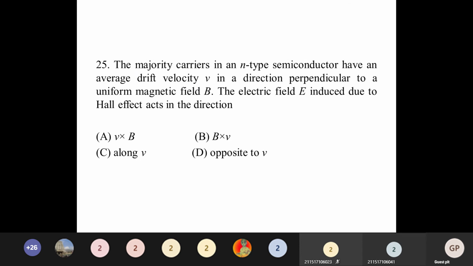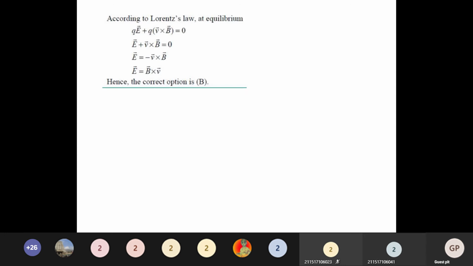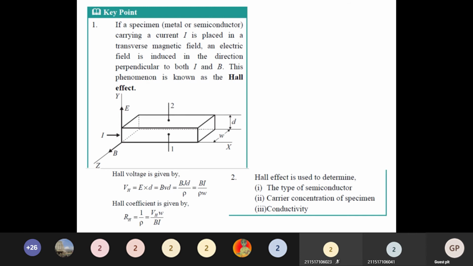And this one is a standard formula, relating the electric field with the magnetic field B vector and the applied voltage V. Another concept is that sometimes, based on the Hall effect, relations like this they may also ask. This is a general Hall effect concept key point. Hall effect concept you already know, and the same concept we are considering here. In some cases, if they ask related to this, it will be very useful.